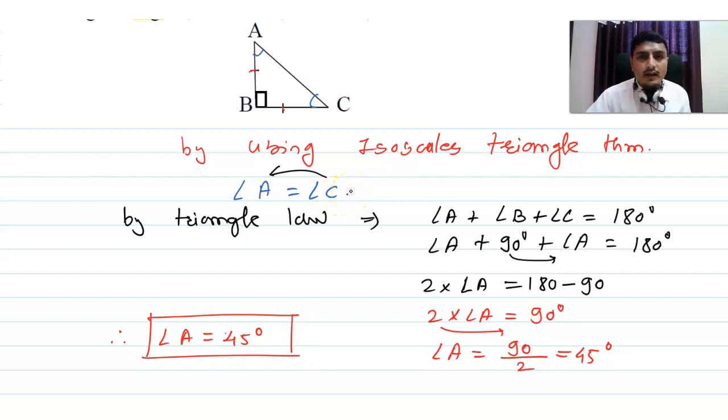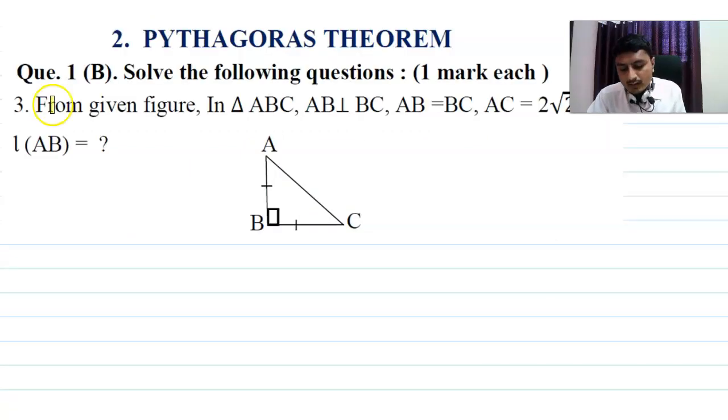That means the given triangle ABC is of the kind 45, 45, 90 degree triangle. Now look at the third sub question. From the given figure in triangle ABC, AB is perpendicular to BC, AB equals BC, AC equals 2 times root 2, then the length of AB is equal to